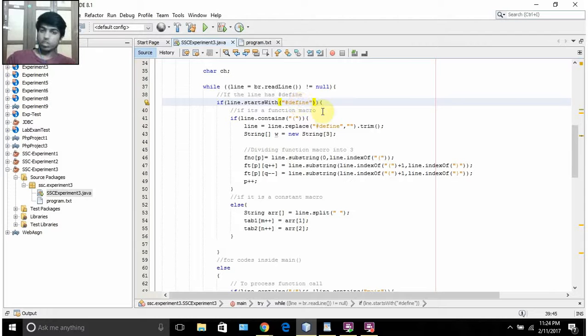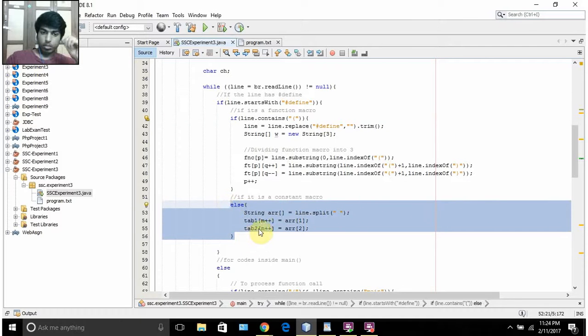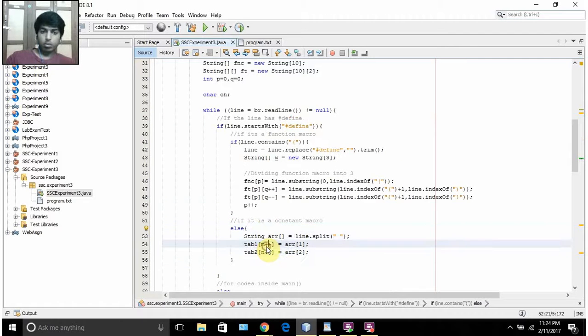If I know that there is a macro definition there, I need to find out if it's a definition of a constant or a function. So I see if there is a bracket there. If there is a bracket, I know it's a macro function definition. Otherwise, it's a macro variable declaration. For a variable, I have two tables, where one table will have the names of the macro constants, and the other table will have the value of every corresponding